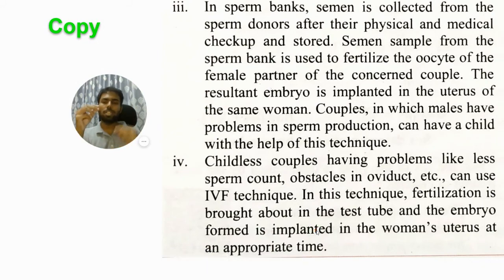then they will take the sperms, take the oocyte, they will fertilize it in a test tube, then that embryo will be implanted, they will make it stick to the uterus of the woman at the appropriate time, at the correct time in the menstrual cycle. Okay, so it gets all the nutrition and a baby is formed. So that's your answer to that question. Okay, so that was the last question.